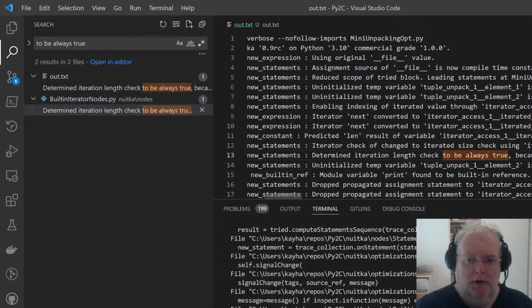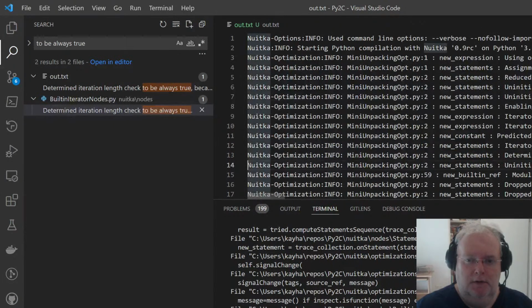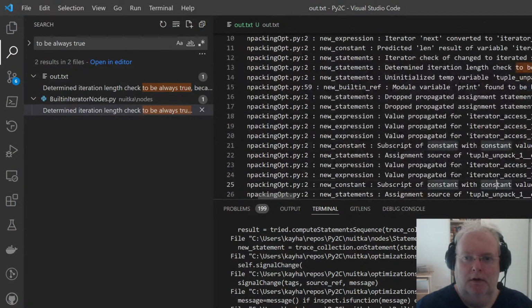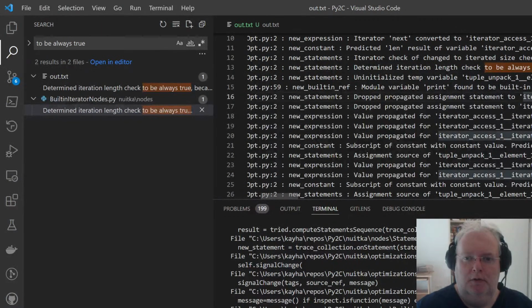2 is being used. And now we unpack elements. These temp variables are not used in more cases. So count gets propagated. The values get the access value, the iterated value, and the iterated count gets propagated.